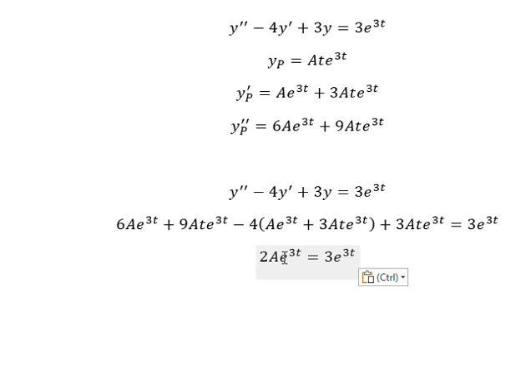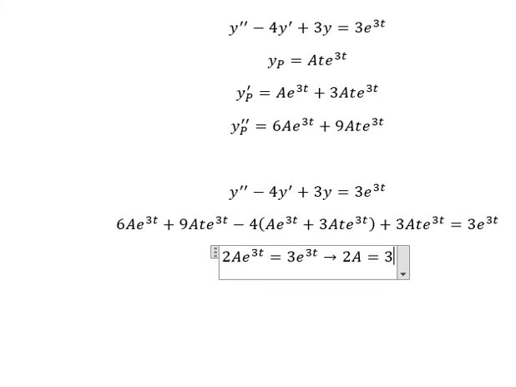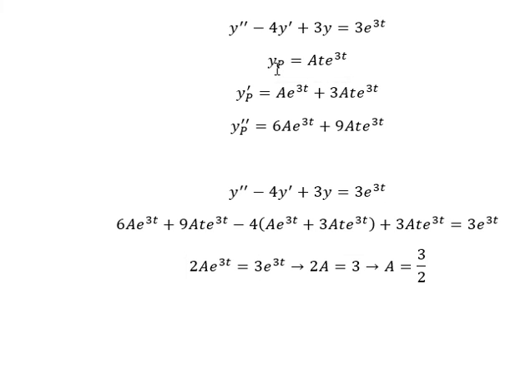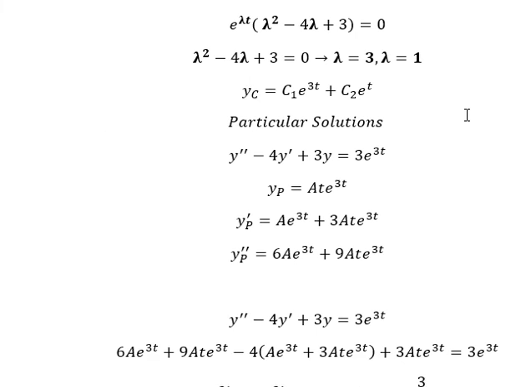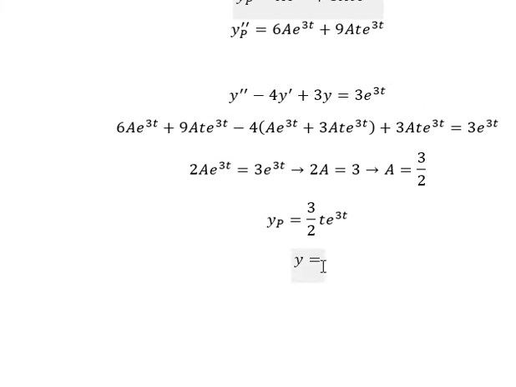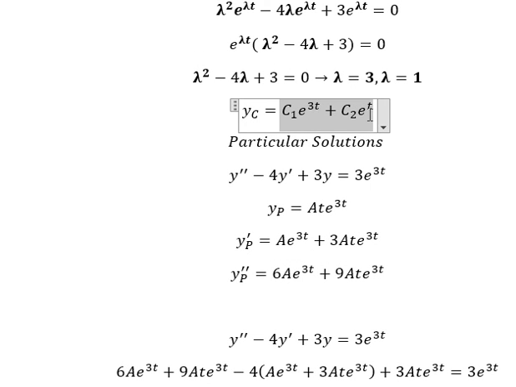So we have e to the power of 3t on both sides. So if we simplify, we just choose a equals 3 over 2. So I will put 3 over 2 going here. And now we combine the answer. So we have y equals yc plus yp equals this one